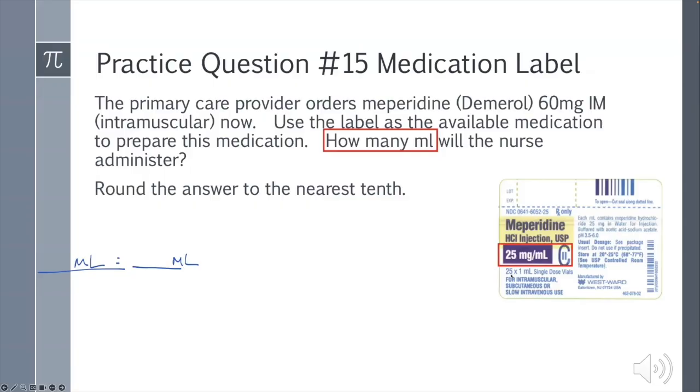You have one down here that says 25 times 1 mL. This is telling you the quantity of single dose vials that are inside of this box. I don't care how many are inside of this box. What I care about is this 25 milligrams per milliliter. This is the concentration. This is for inside of each one of these 1 milliliter single dose vials, there's a